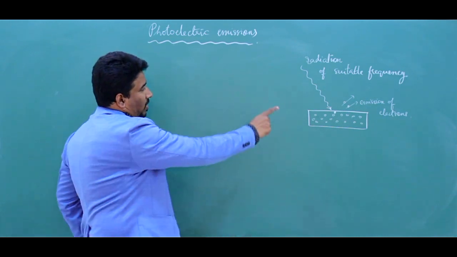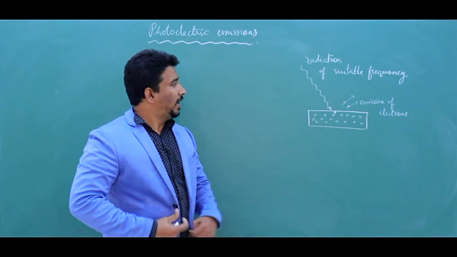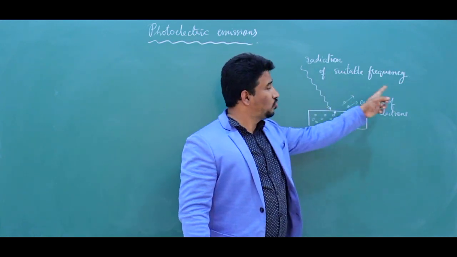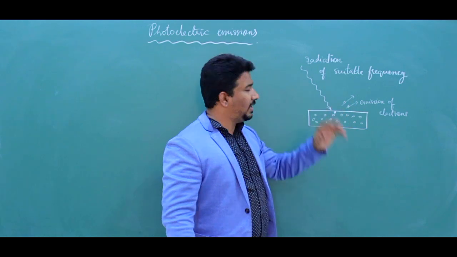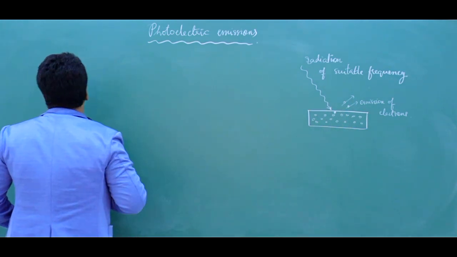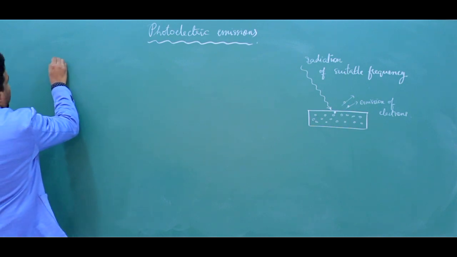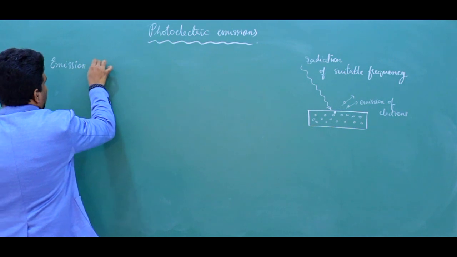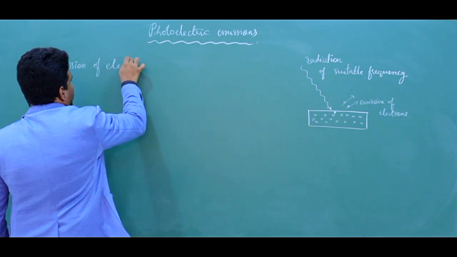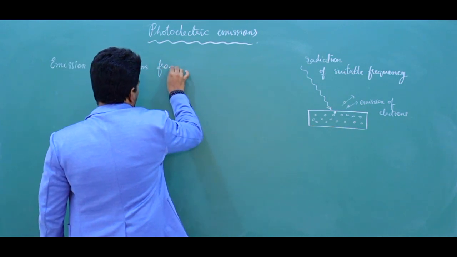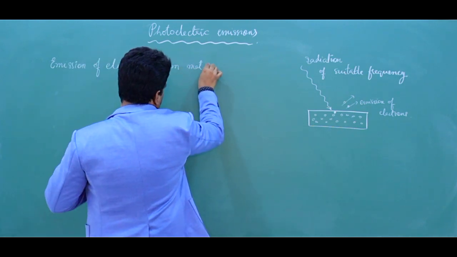Now look here. We will write the definition. Emission of electron. Why did it happen? Because radiation of suitable frequency fell on the metal surface. So let us write the definition: emission of electrons from metal surface